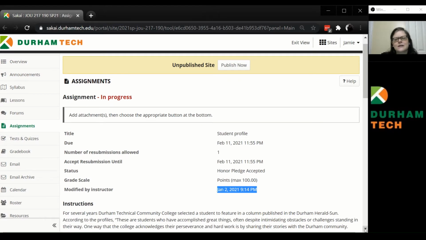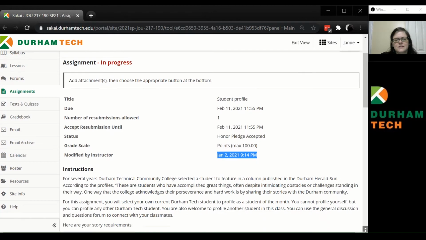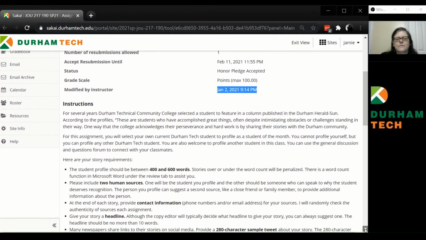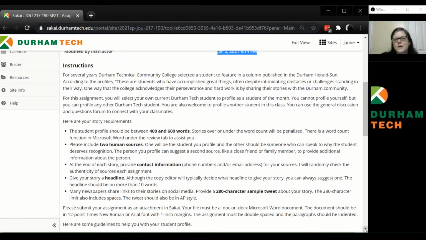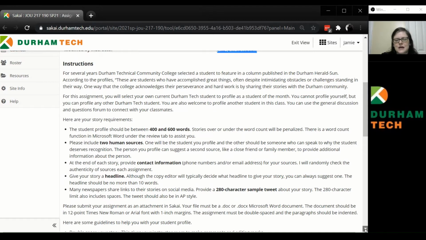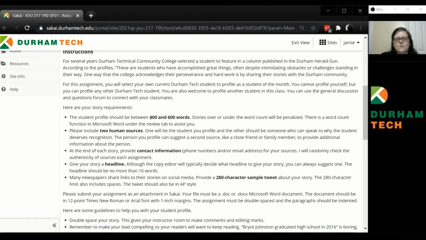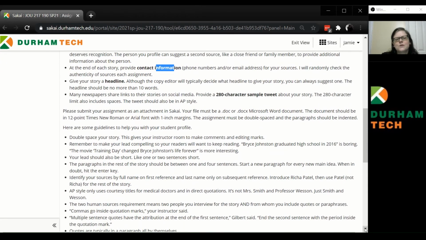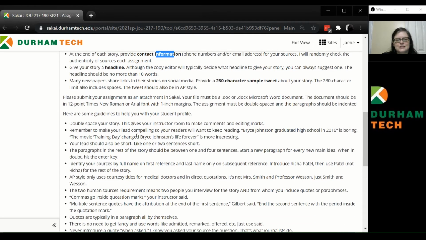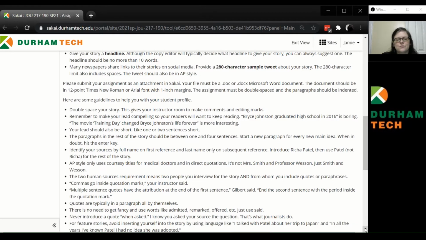Now we'll scroll down and take a look more at the instructions. You have all the information you need in order to submit the assignment, with the most important things bolded, such as the story limit, how many sources you need, you'll need contact information, a headline, etc. You also might have guidelines, such as these, to tell you a little bit more, to give you some advice on how to work with your assignment, which in this case is the student profile.